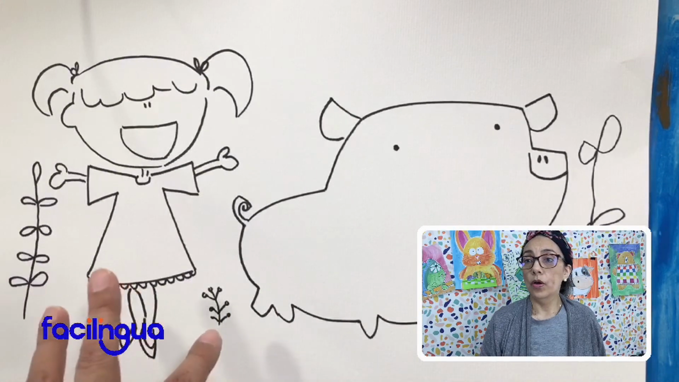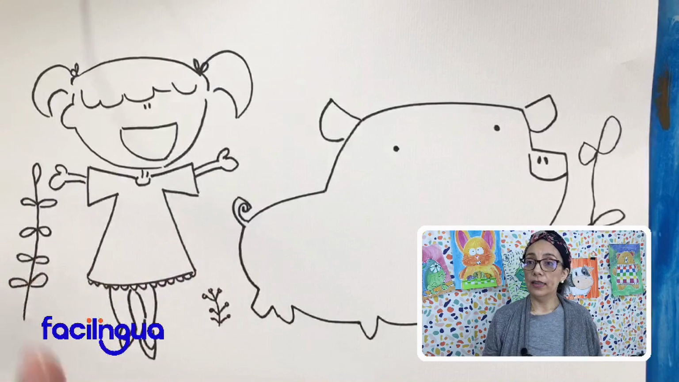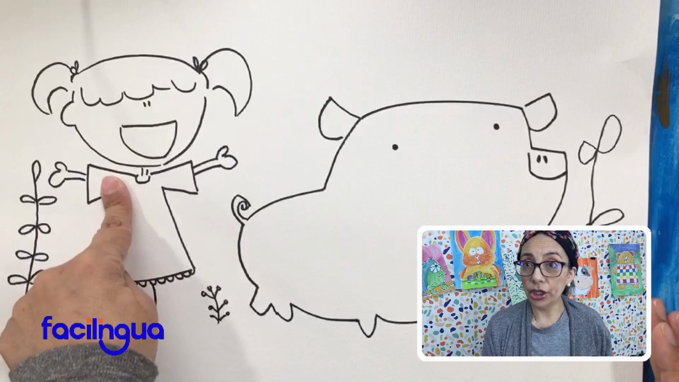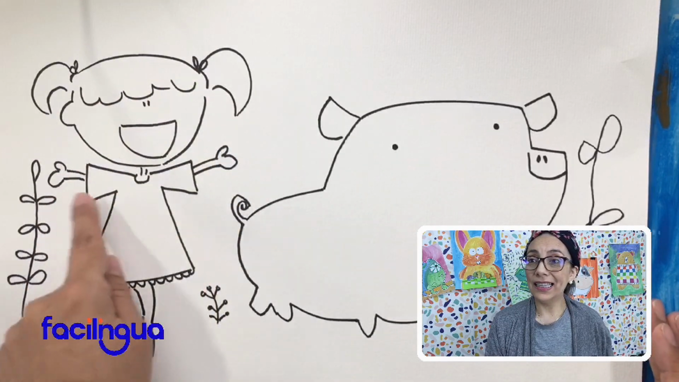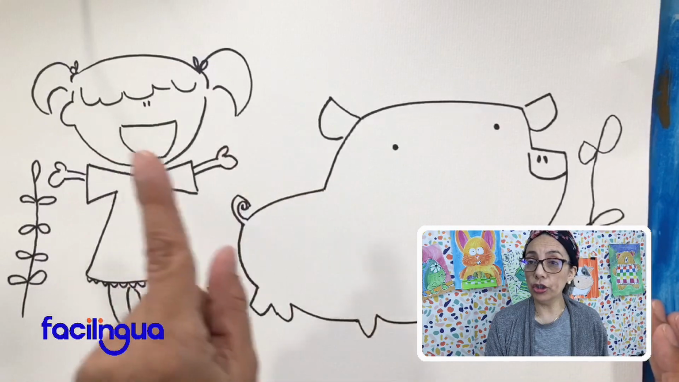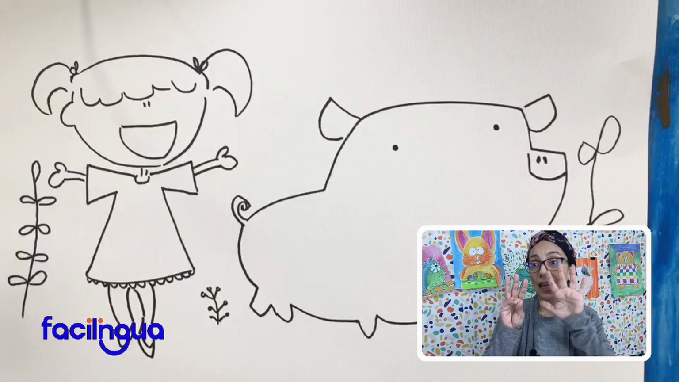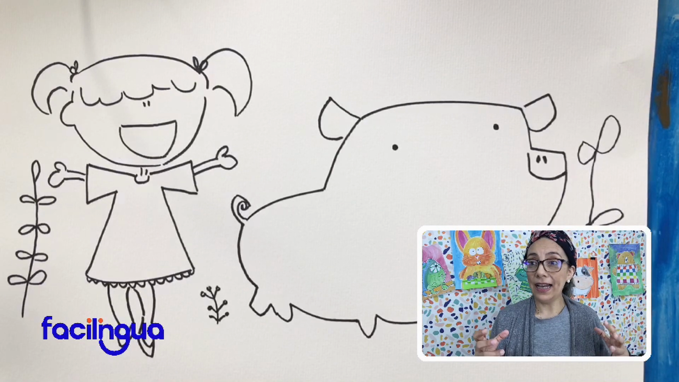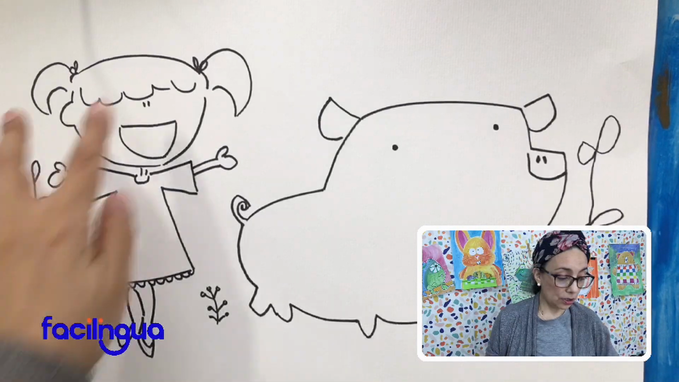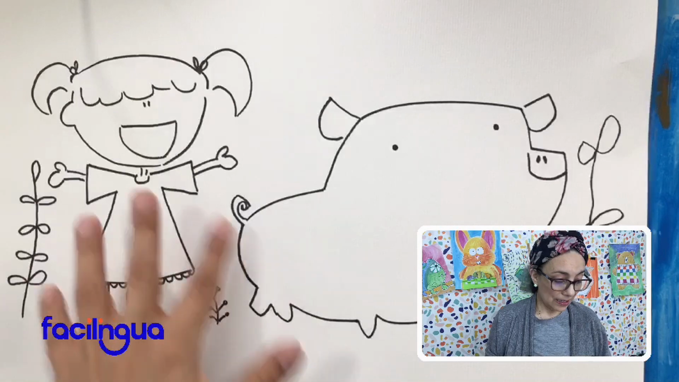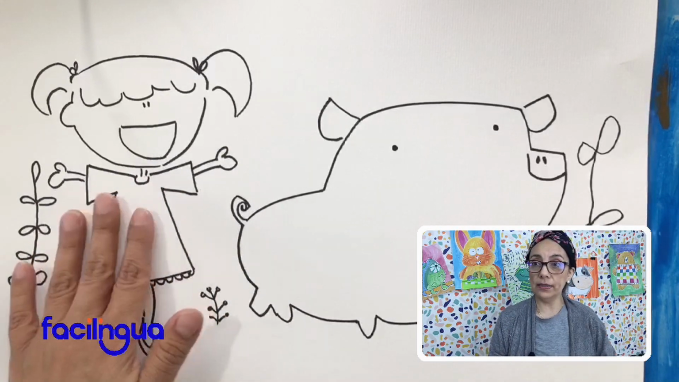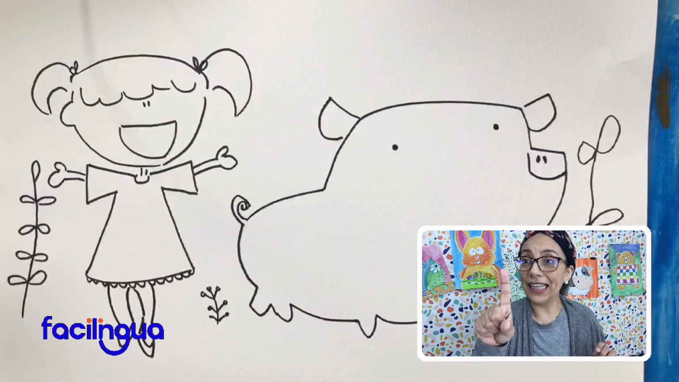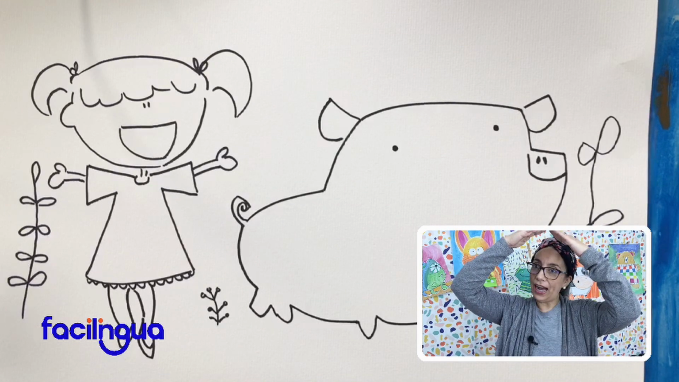So we have our scene, nuestra escena. So there is a girl. She is not a baby. She's not an adult. She is probably 8 or 7 years old. And she has 2 ponytails. And she has a dress. She is really, really happy. One day, she is in her house, and